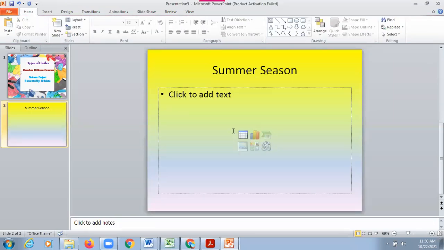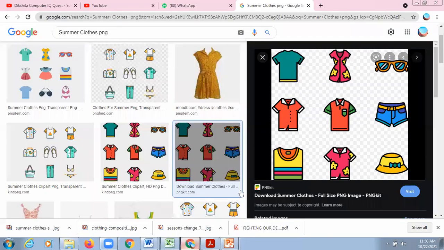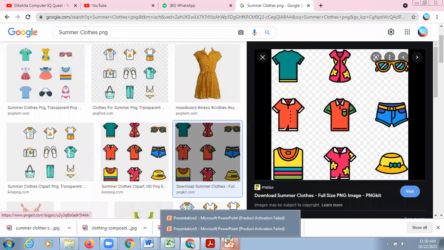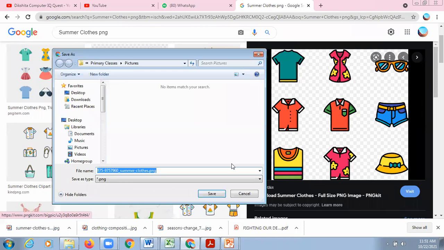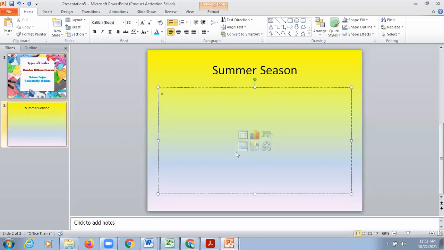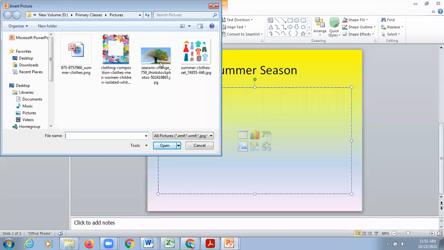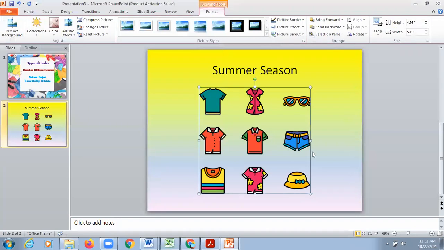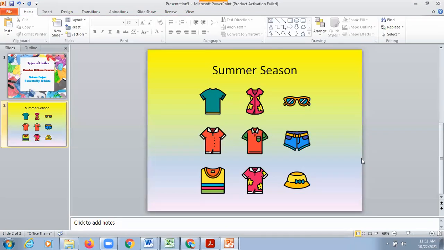Paste. Let's save that image. Save image. Now use it. Add image. Choose the image, this one. Now it is looking much better than the previous image because it's a PNG image. PNG images are those images which don't have any background with it. तो आप जो भी background लगाओगे, it will look original, right?